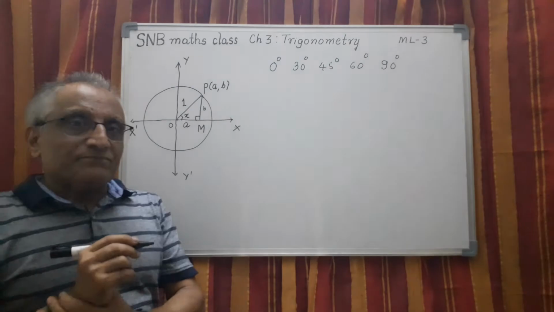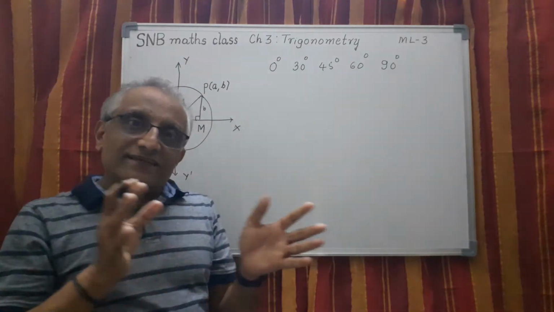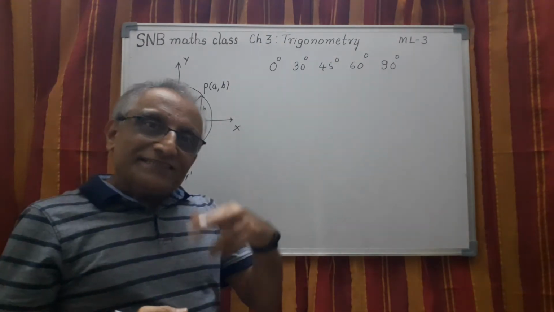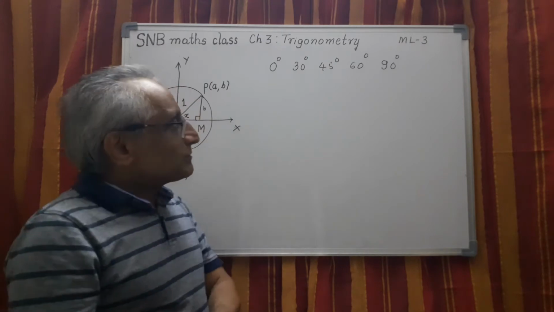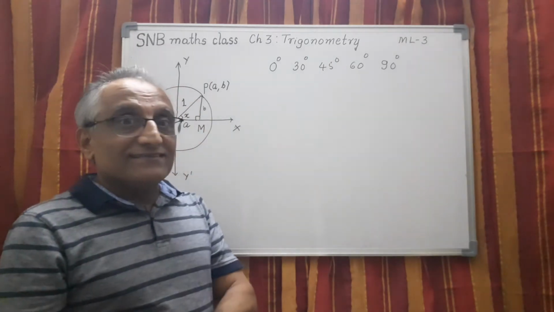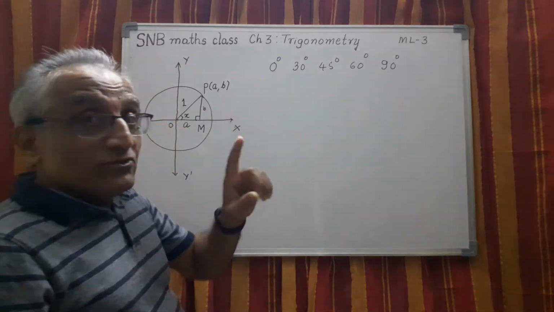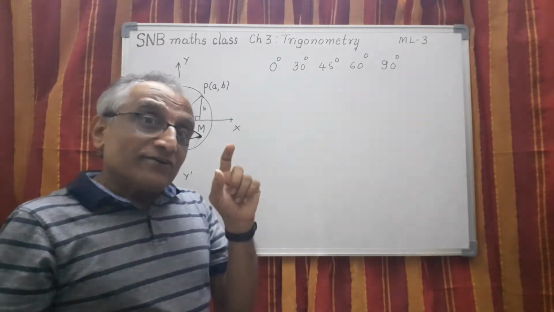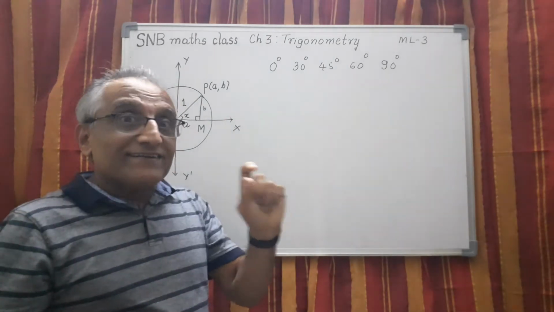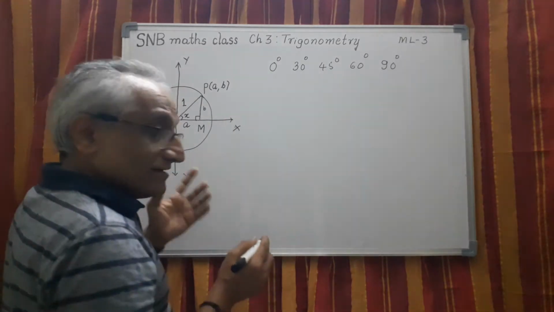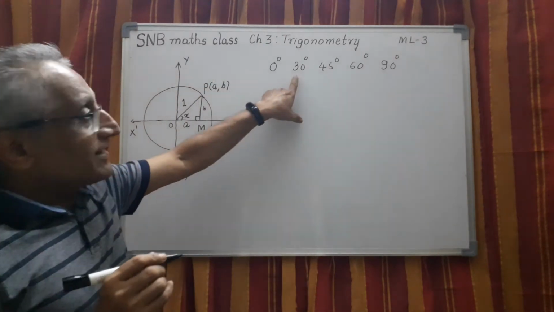See, in geometry, actually there are 2 parts. One is construction, practical geometry, another one is theoretical geometry. And you have studied these 2 branches at your school level. In practical geometry, what we do is we construct certain angles, triangles, squares, circles, so many things. Without using a protractor, if you can draw an angle with a specific measure, those angles are called standard angles. For example, recall, you can construct a 30-degree angle.